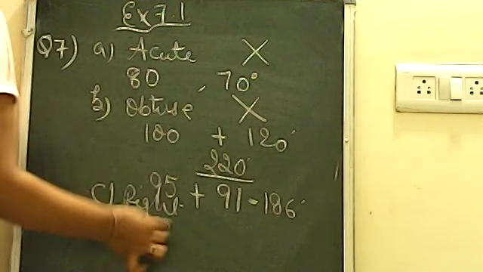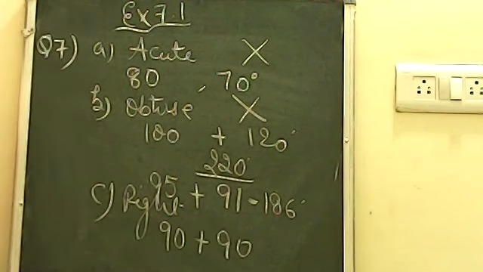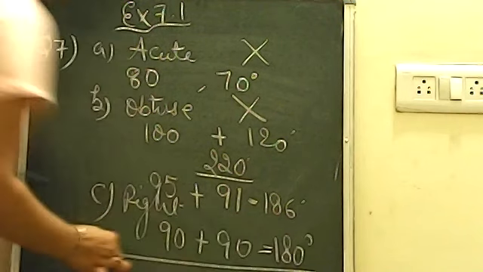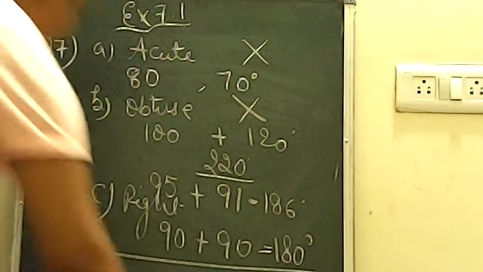Now you are knowing right angle means 90. Another right angle is also 90 only. So 90 and 90 will give you the sum 180. Fixed, because 90 and 90 are fixed. Right angle means 90 degree. So remember, two right angles can give you 180. This is fixed. So remember, out of these three conditions, only the third condition is right. Okay. Now let's discuss question number 8 right now.